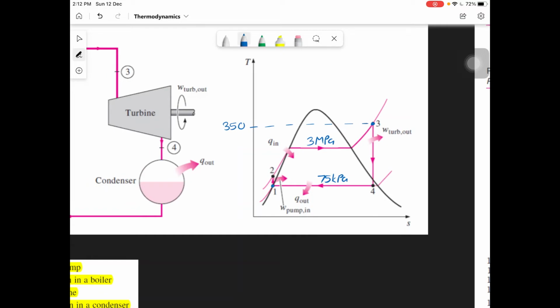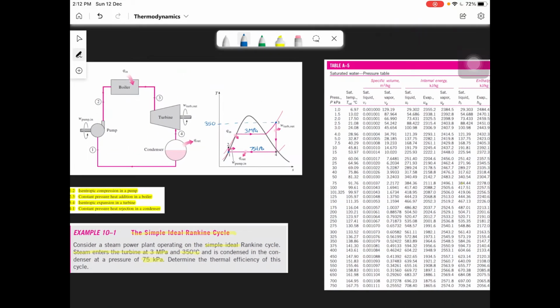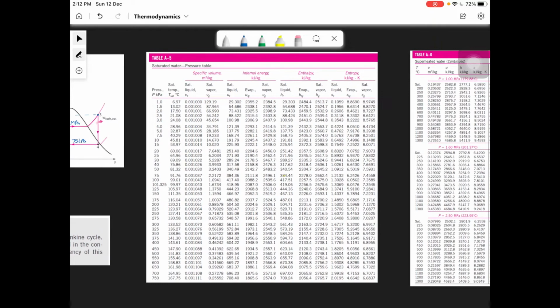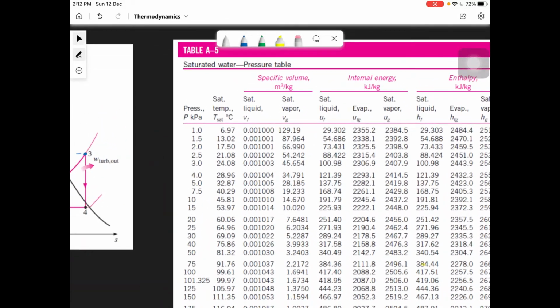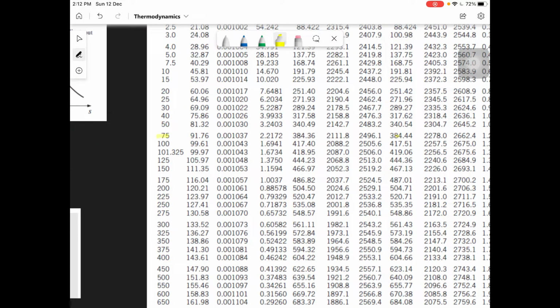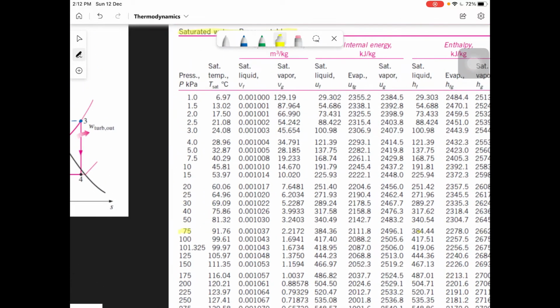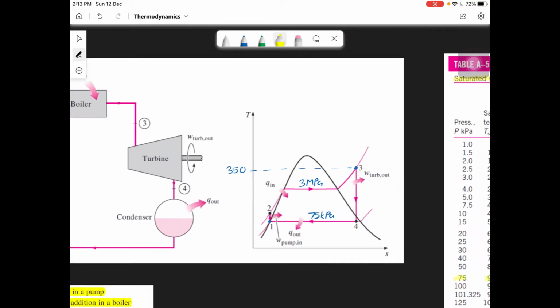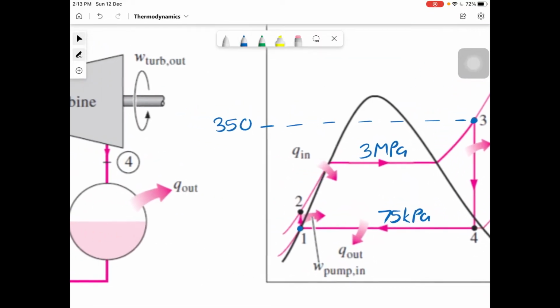What is our temperature at that location? We can look at table A5, the saturated water pressure table. We scroll down to 75. So at 75 kilopascal, your saturated temperature is 91.76 degrees Celsius. Let's notate that. 91.76